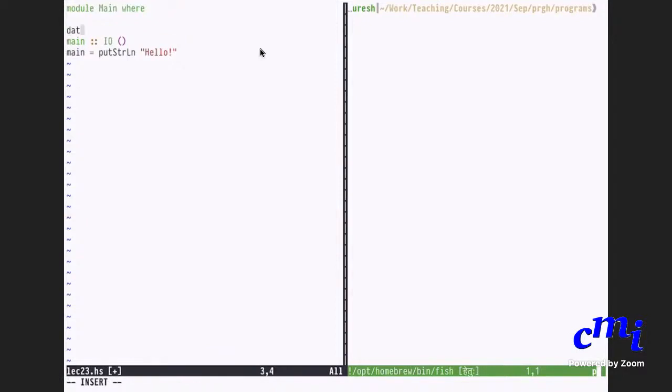So I can say data operations equals add or subtract or multiply or divide, deriving, let's say, Eq. Instance show of operations where show of add equals plus, show of sub...